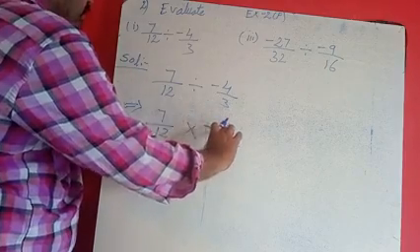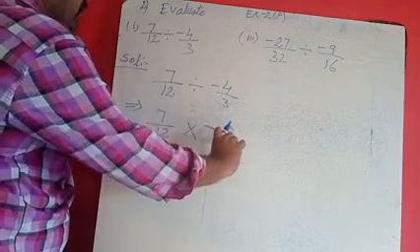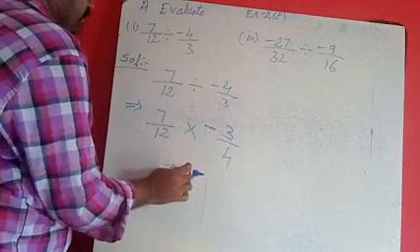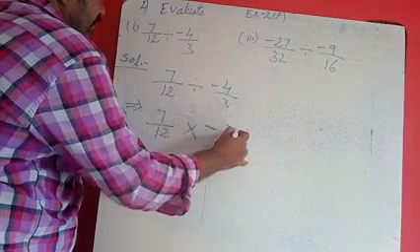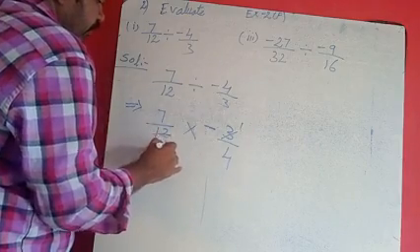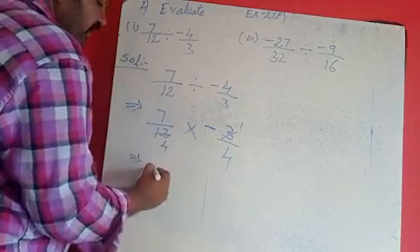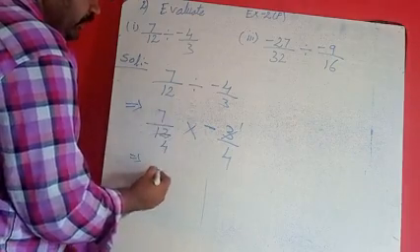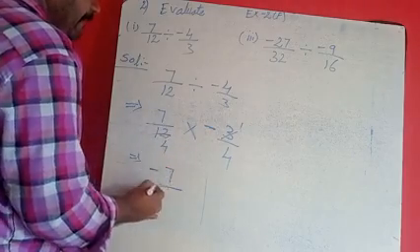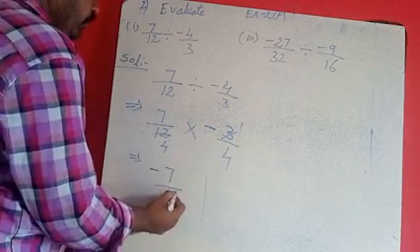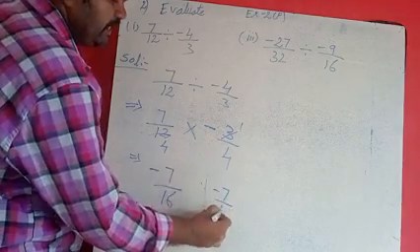I wrote it a little bigger because it is the reciprocal. This 7 by 12 is the smallest one I wrote. This 3 by 4 I wrote bigger because of taking the reciprocal. 4 by 3's reciprocal is 3 by 4. Cancellation: 3 table 1 time, 4 times. Is there anything to cancel? No. Now writing. First is the sign. Plus into minus is minus, so I put that minus sign. Numerator is having 7 and 1. 7 into 1 is 7. Denominator is having 4 and 4. 4 fours are 16. The answer for this sum is minus 7 by 16.